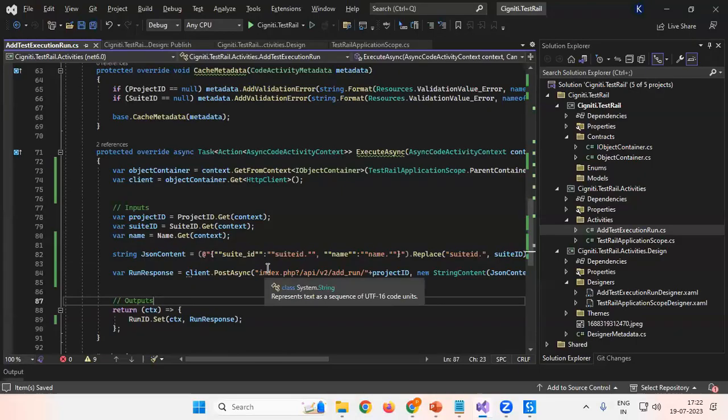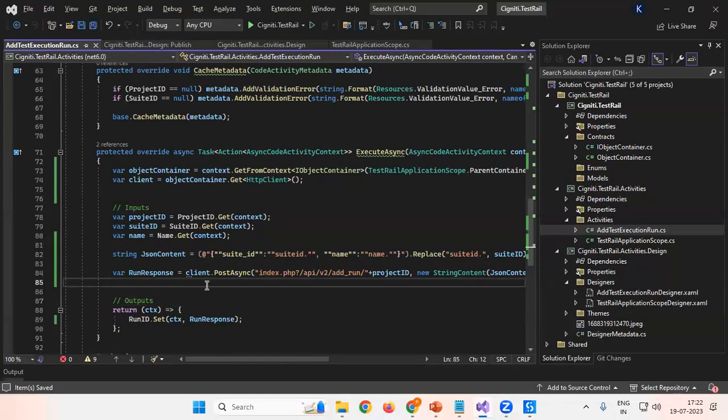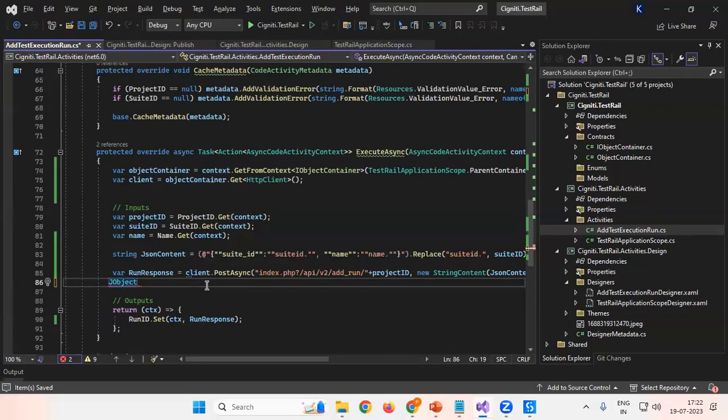So let us come here. We can use JObject. We can deserialize whatever the response we are going to get. Run object equal to